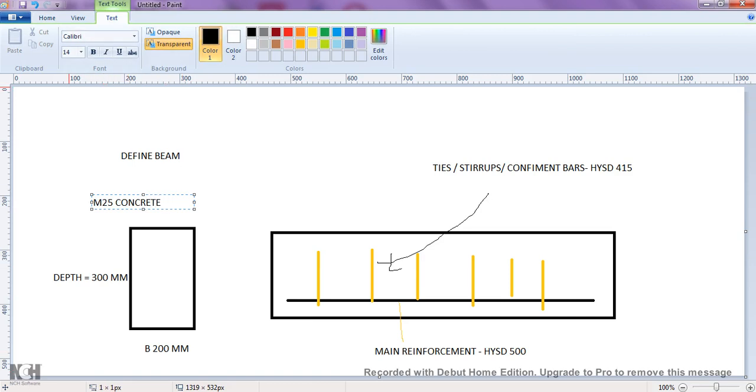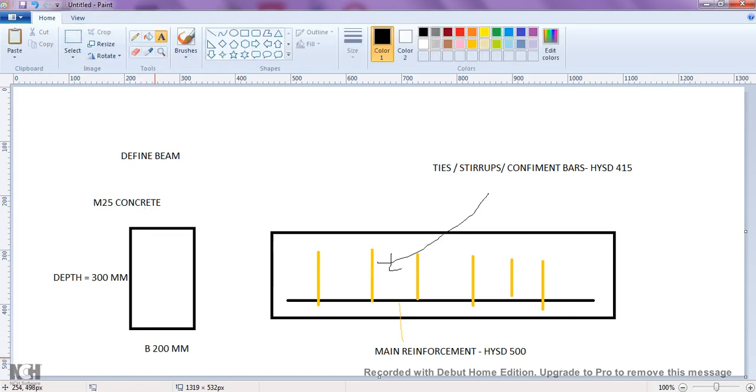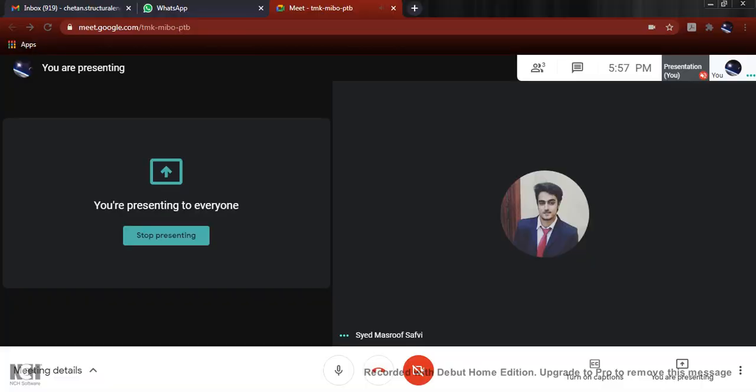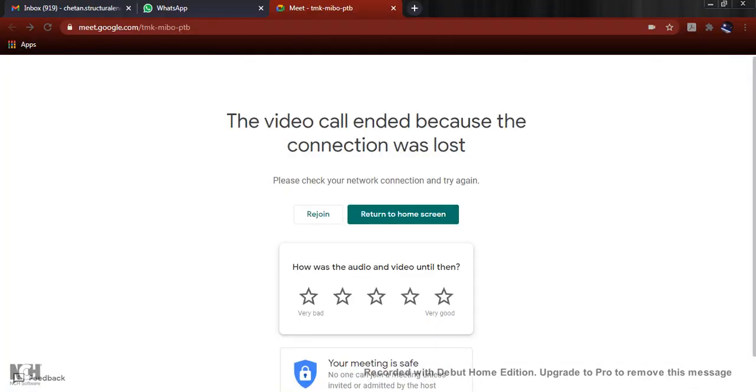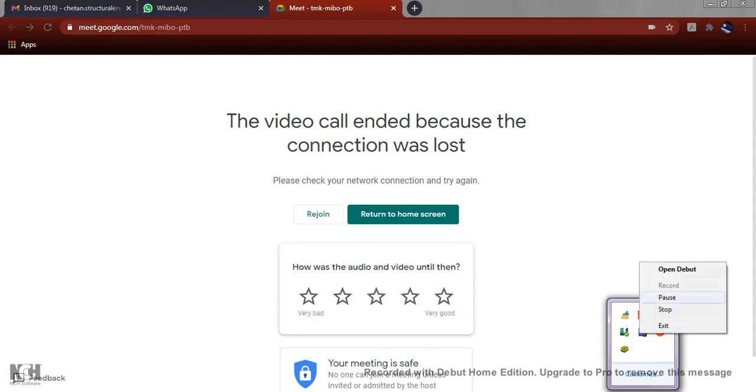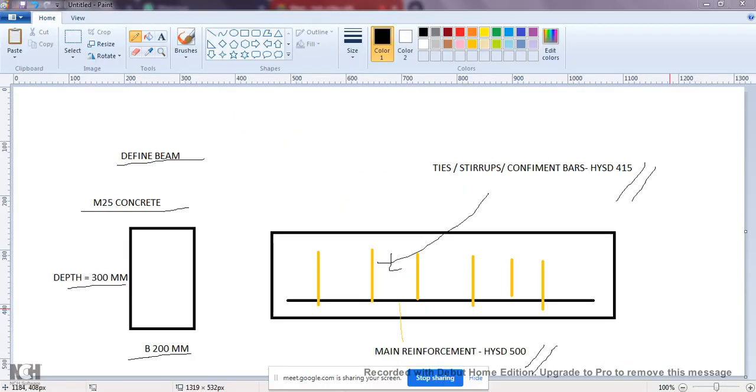Its width is 200 mm, depth is 300 mm, and if you come to the reinforcement option, the main reinforcement is made up of HYSD 500 grade, and the stirrup or ties are made up of HYSD 415. Okay.